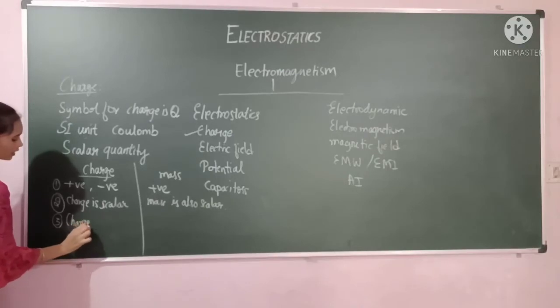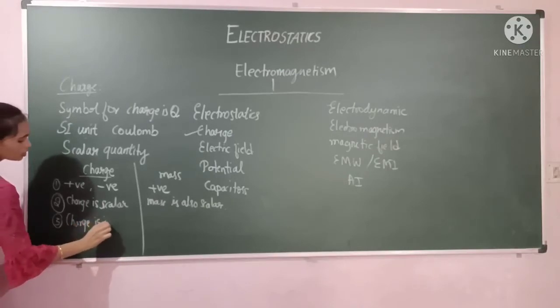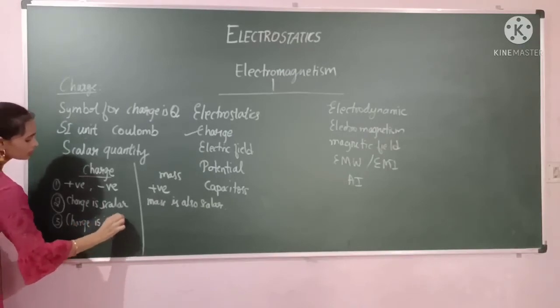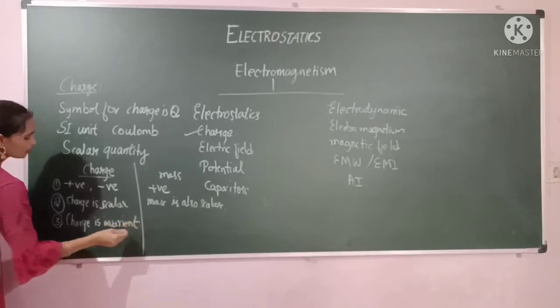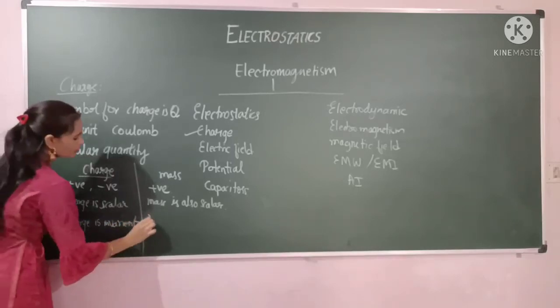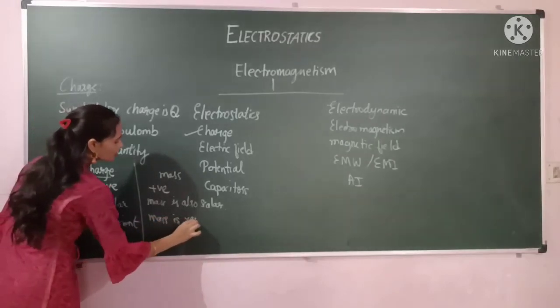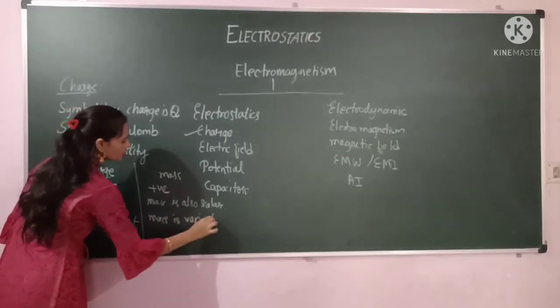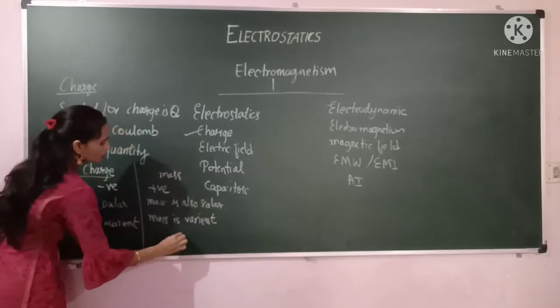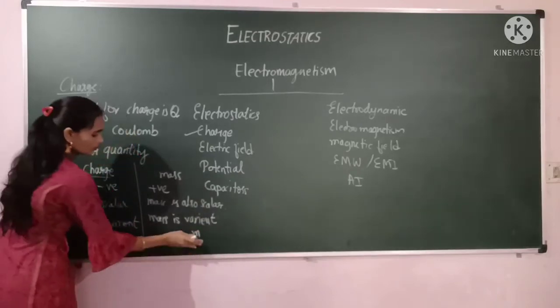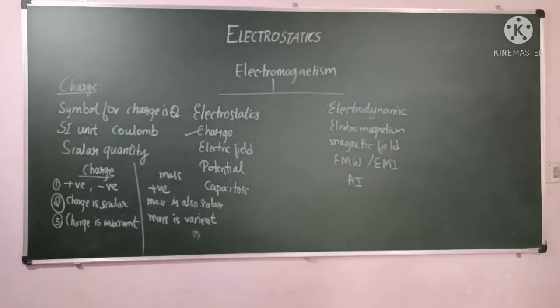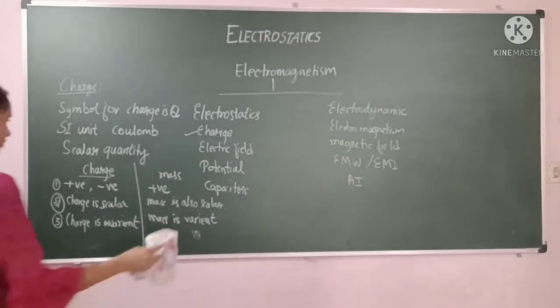Next after that, charge is invariant. Charge is invariant means it will not change with respect to speed or velocity. Mass is variant. Mass is variant, dependent on the velocity of the body. So we have the formula m is equal to,